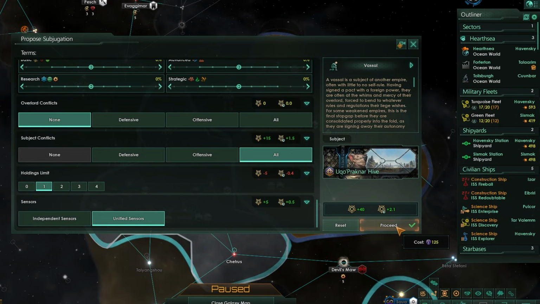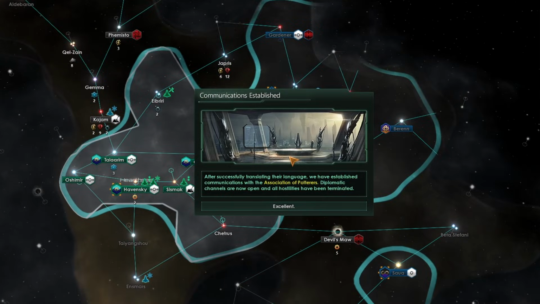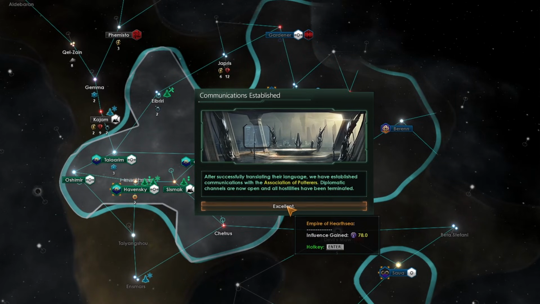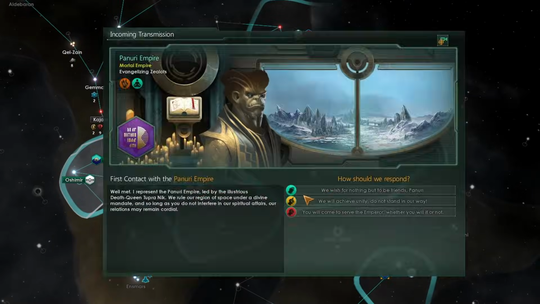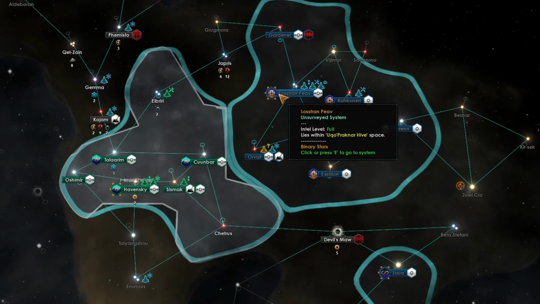Basically, it should mean that they can do whatever they want, except they are restricted a little bit with voting, and we have to fight with them whenever they call us to arms. And there it goes, they have accepted. And what we're going to find straight away is the influence we spent on this vassalship should be pretty much refunded to us as we establish a whole host of communications with this empire, especially at this early point in the game, as it is only 2217. So here we go, we've just gained a whopping 200 something influence,